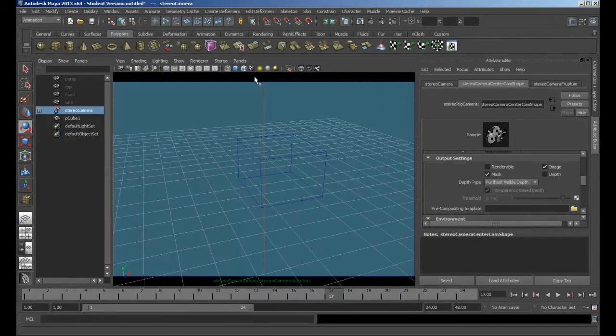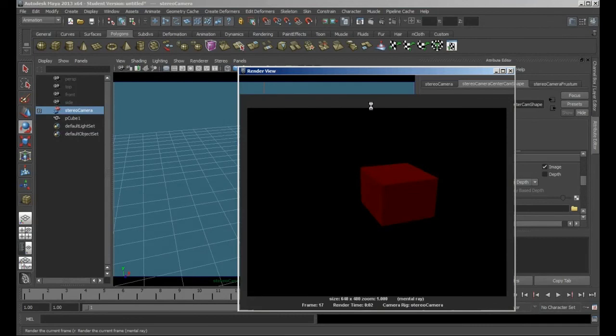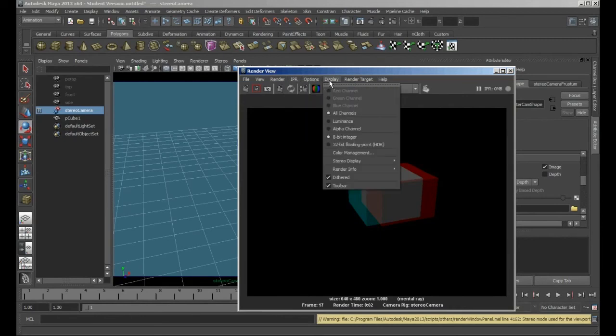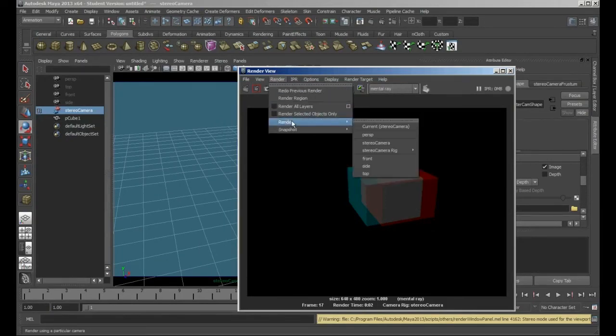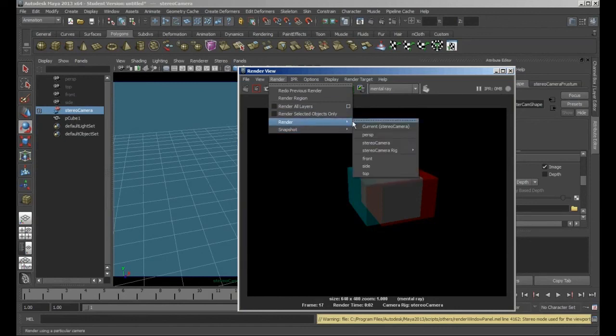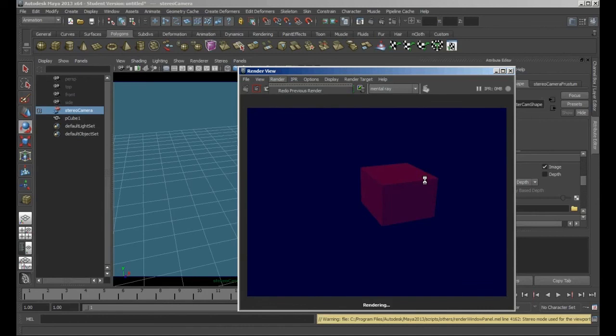and we can just render that. So if I click render, it's actually done it for me automatically here. Inside the options, if it doesn't do it automatically, inside the options you'll find in display, you'll find stereo display, and you can choose what kind of stereo display you want it to do. And inside render you can choose the stereo or the camera rig if you want to render a certain shot there. Okay, so you can stick it on stereo and it will render it up for you,